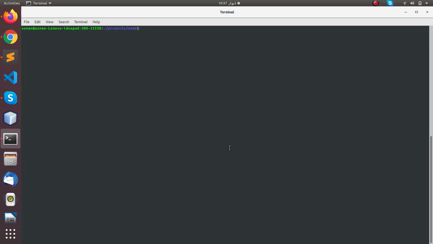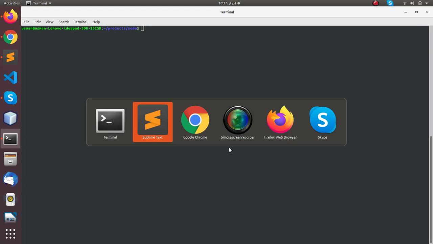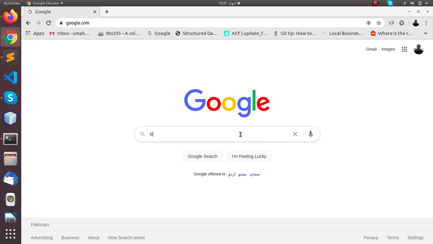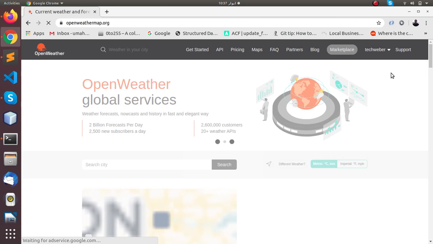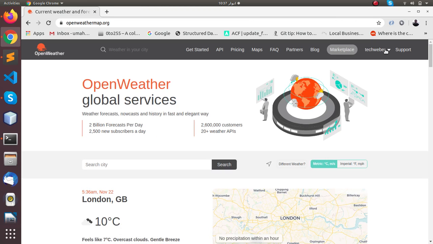Hello, in this tutorial video we are going to build an app in Node.js and fetch some weather data from an open weather API. So let's first get the API key from openweathermap.org. If you haven't created your account, you can create an account here. It's free, and after creating an account and logging in, you can go to my API keys,